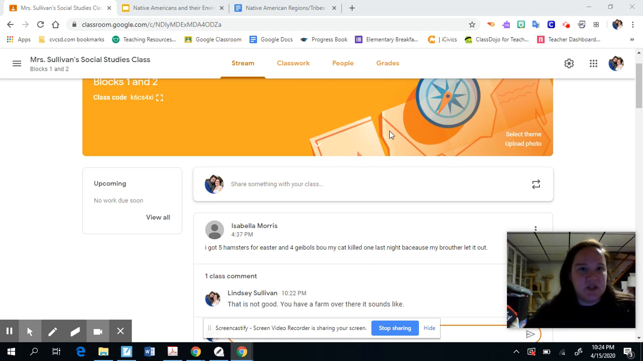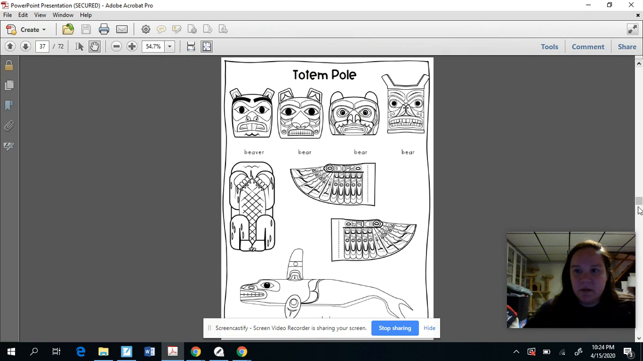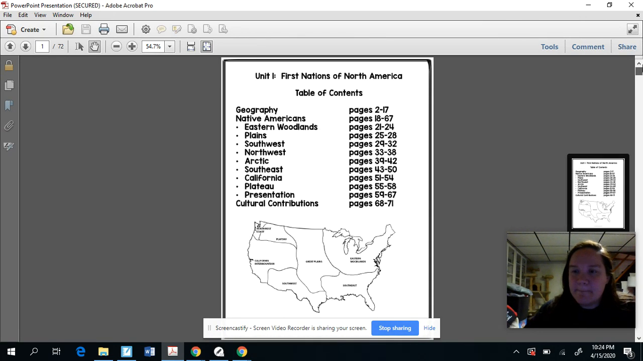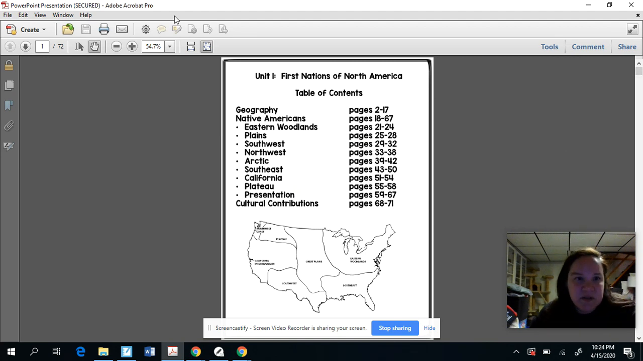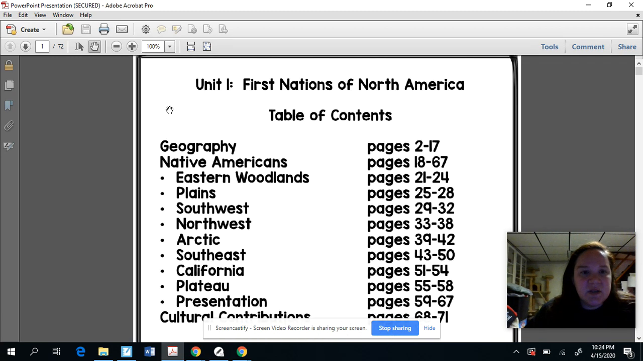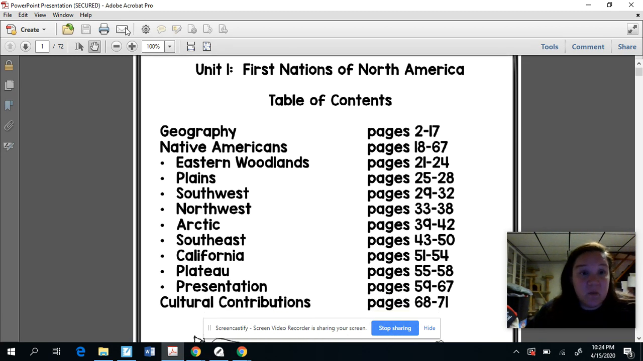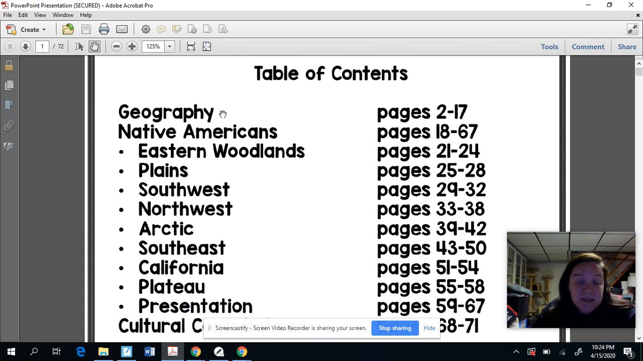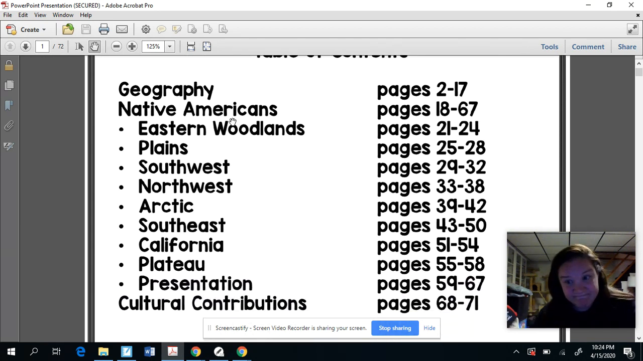Let me go ahead and show you. I'm just going to jump right in. The Native American tribes are organized by region. Let me blow this up so you can at least see what I'm talking about. So here are all the Native American tribes that we are supposed to be discussing in social studies. Eastern Woodlands, Plains, Southwest, Northwest, Arctic, Southeast, California, Plateau. Those are all the Native American regions